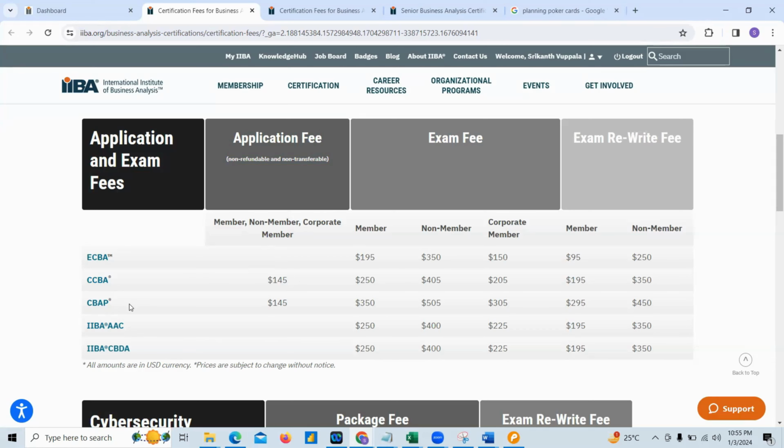CBAP is the highest level of certification for a BA. Instead of that, they can hire one who has the skill set. So in India, they won't look for certification. Here you will provide your certificate only? Yes, I will provide a training participation certificate, but that will be of no use. You cannot call yourself a certified BA.